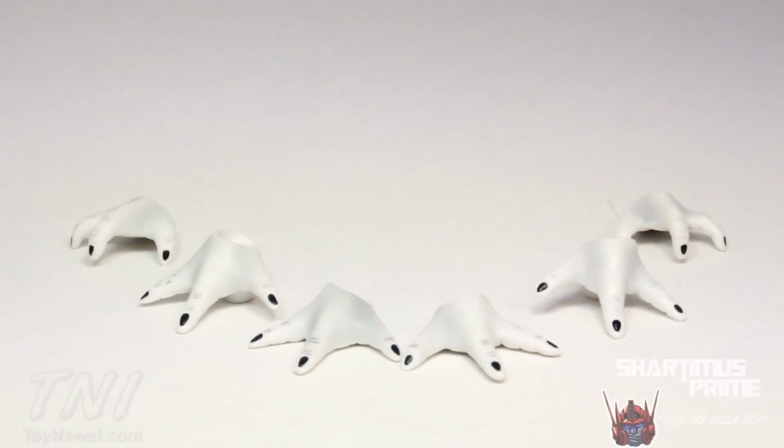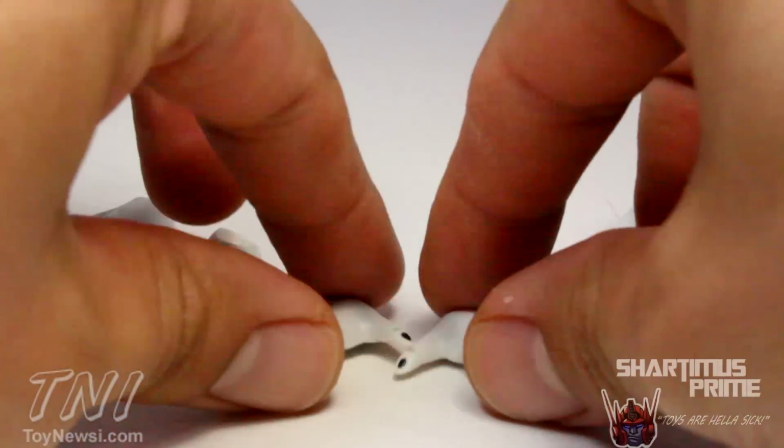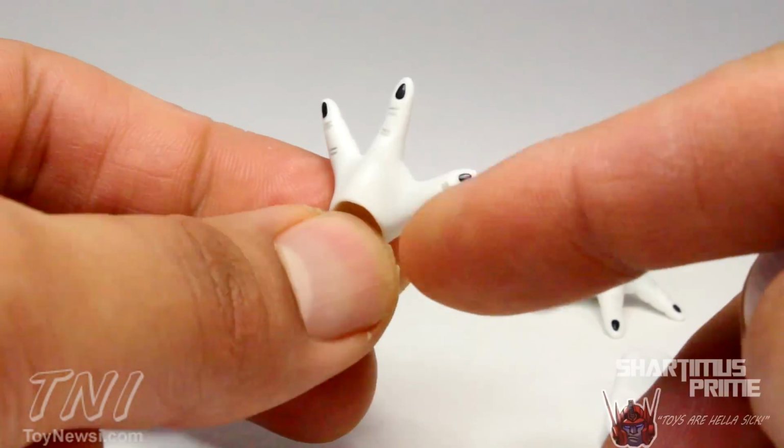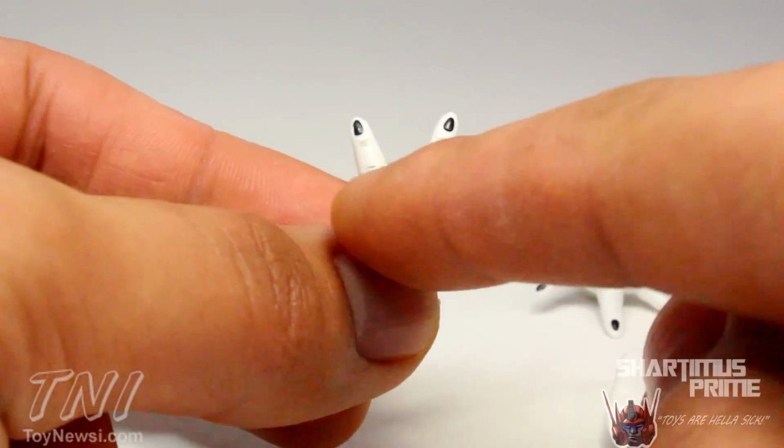And Frieza comes with three different sets of feet. I think this is awesome. These are the regular standing feet right over here. They have some really nice shading on them. I really like it. It's kind of hard to see, but there's shading like between the toes, and you have